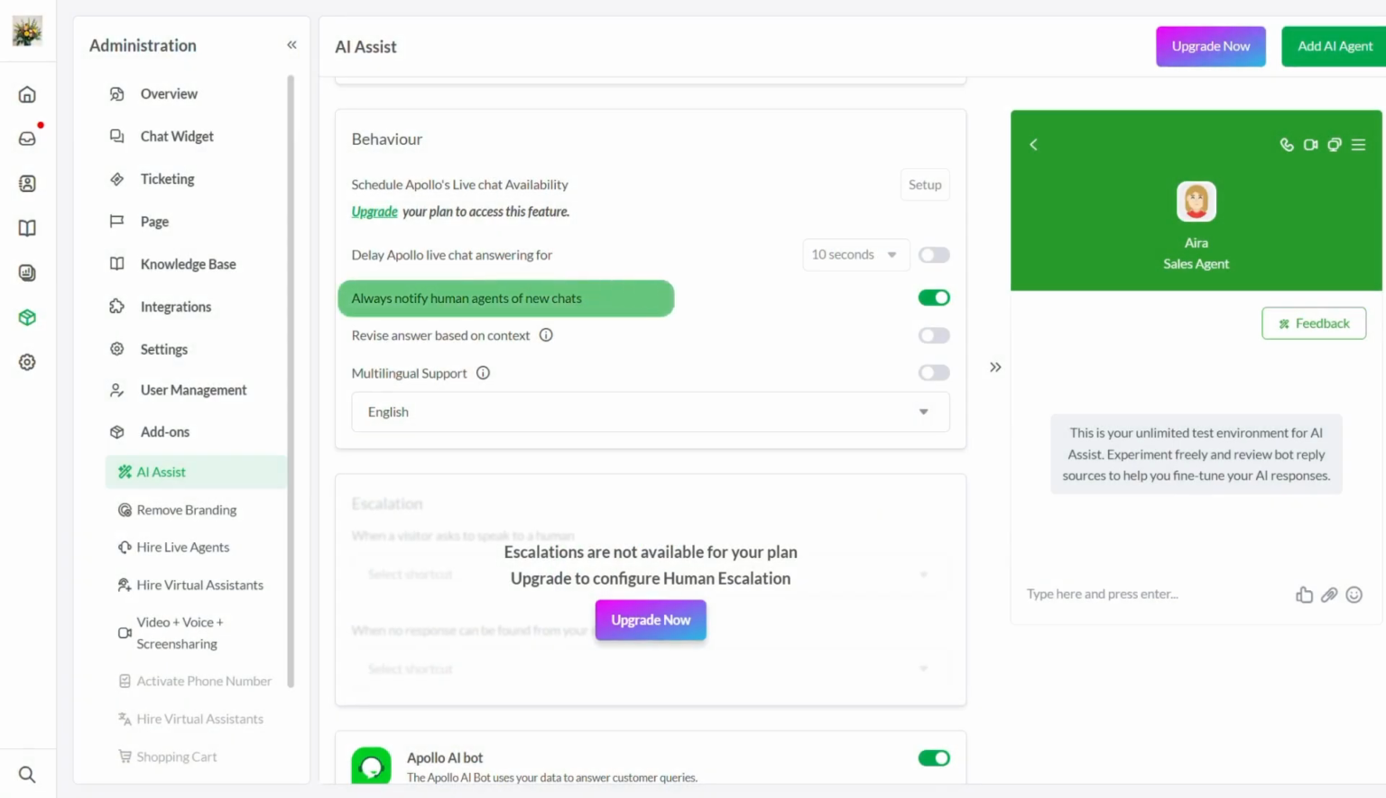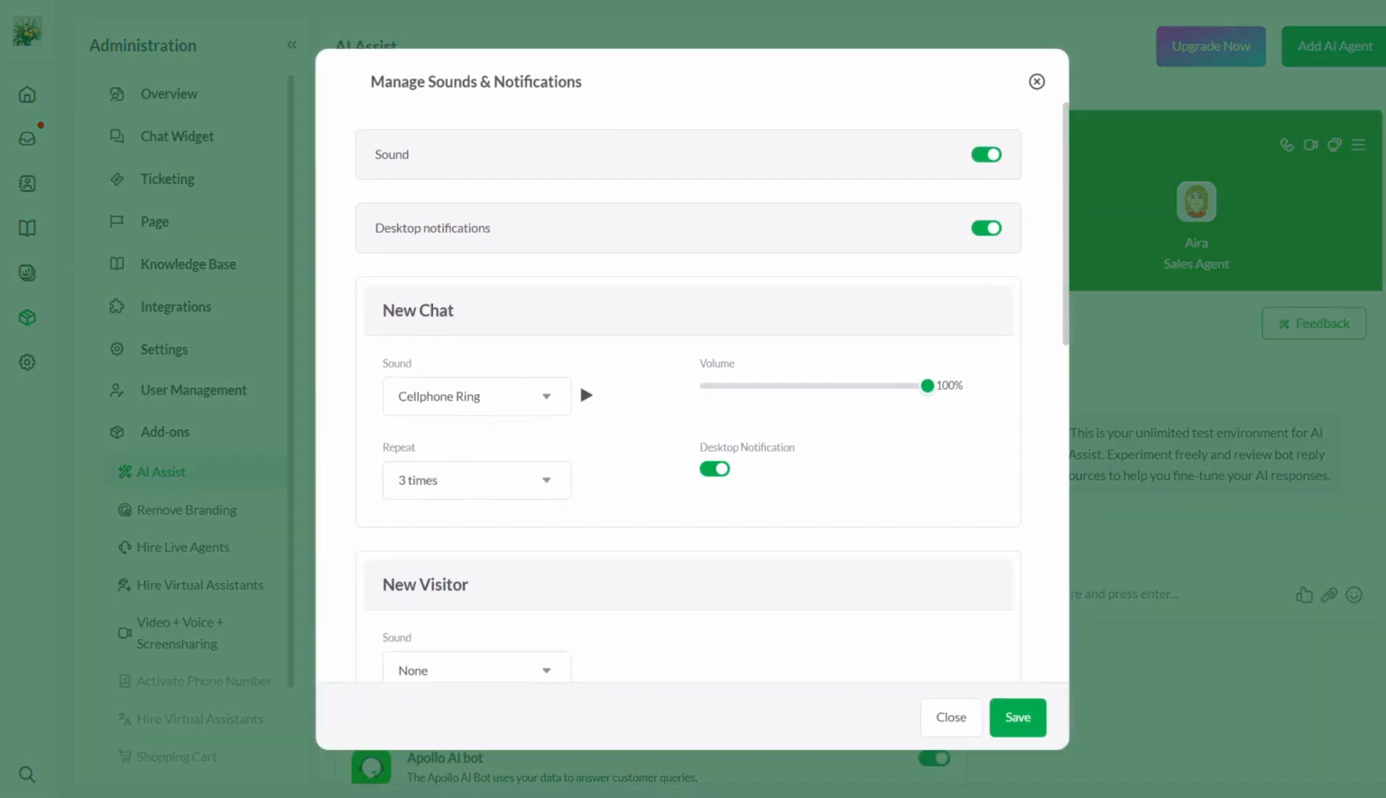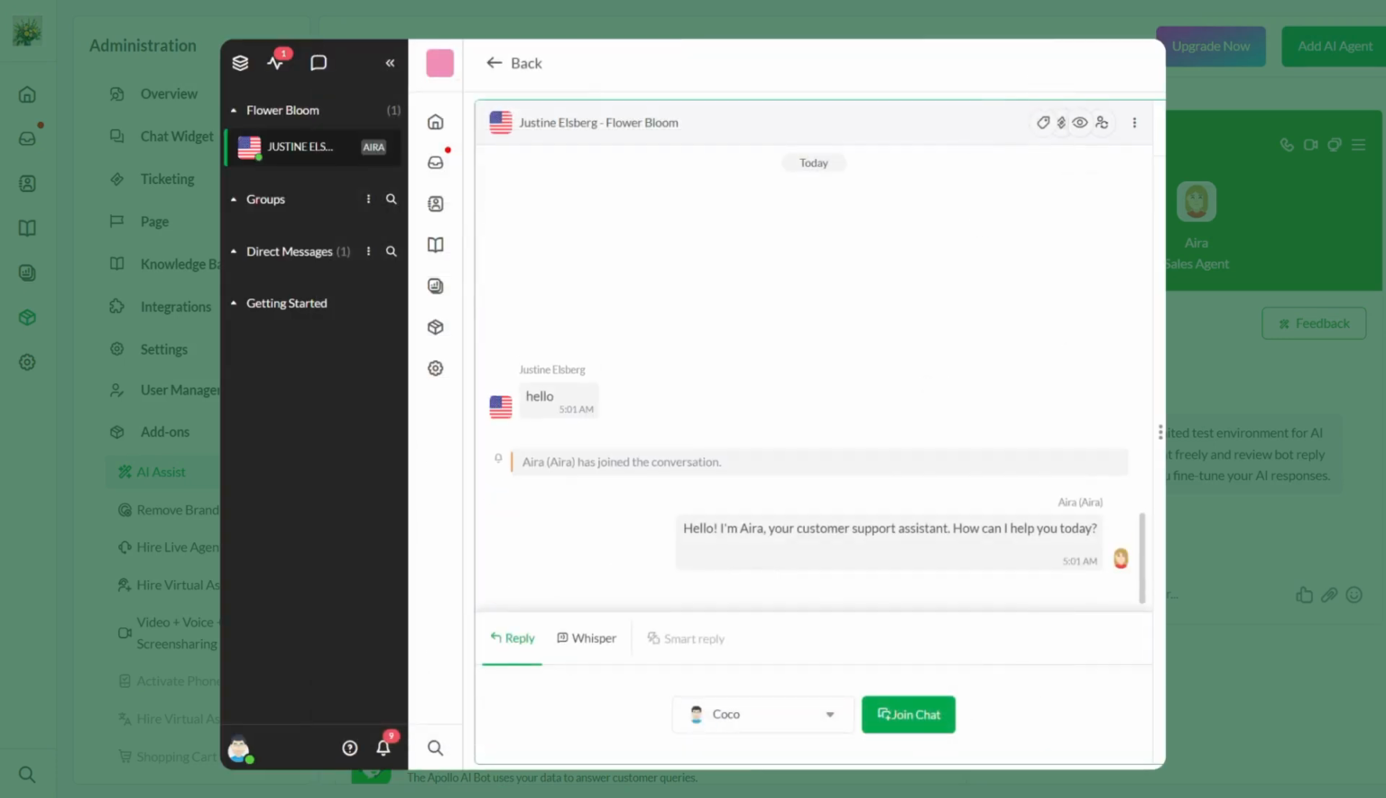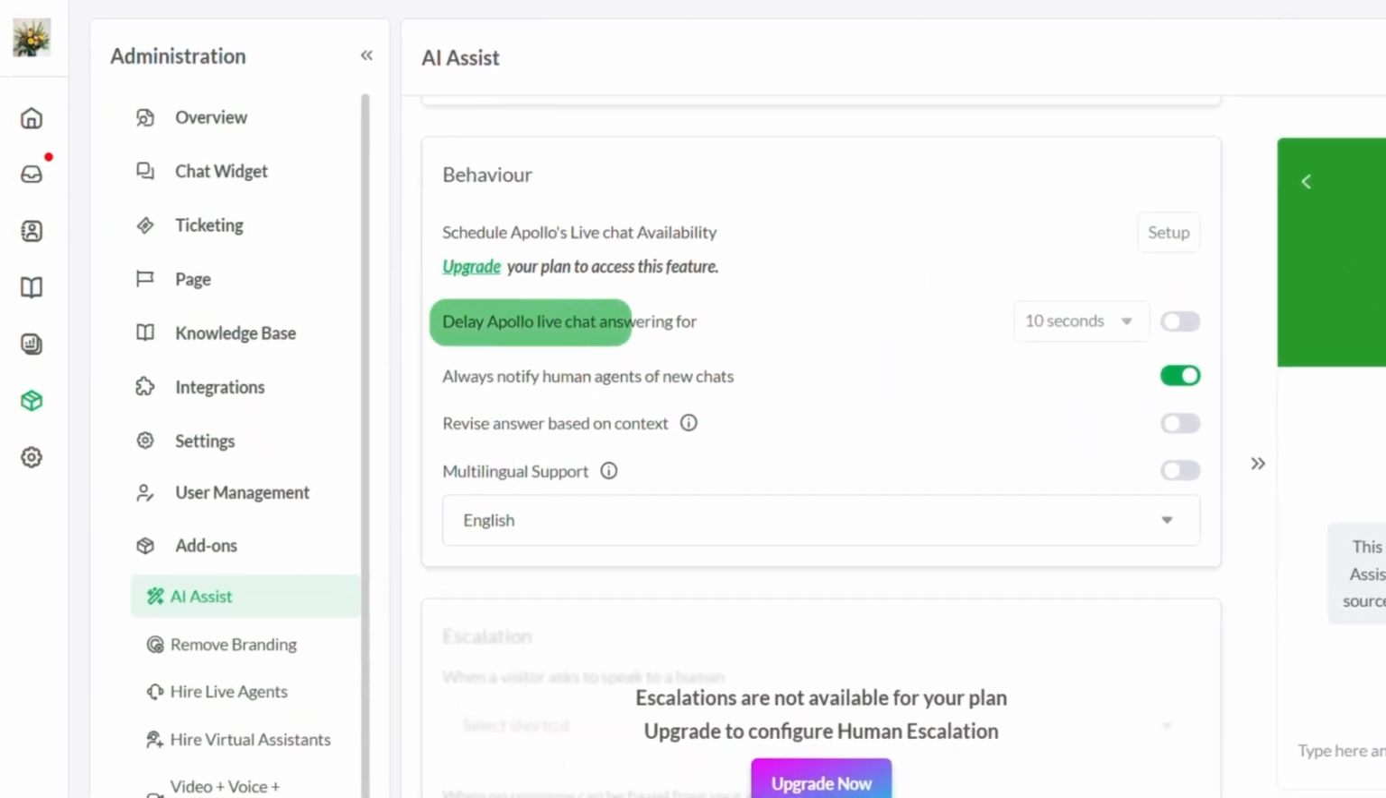What makes this feature really useful is that it respects each agent's individual sound and repeat settings. So if an agent has their notifications configured to ring 3 times, that's exactly what they'll hear when the AI steps in. You can also pair this with the Delay Apollo Live Chat Answering For toggle to give your team